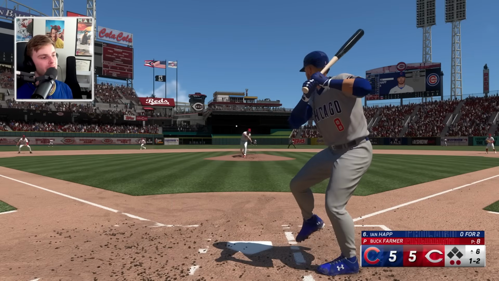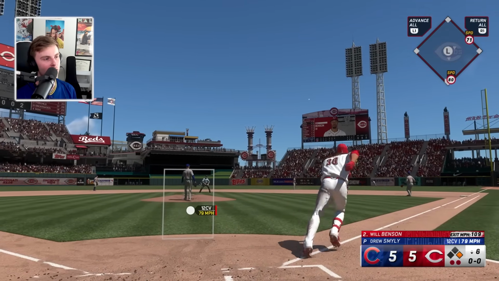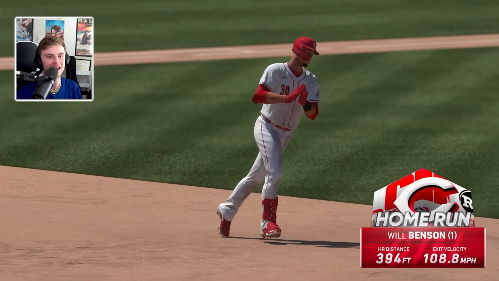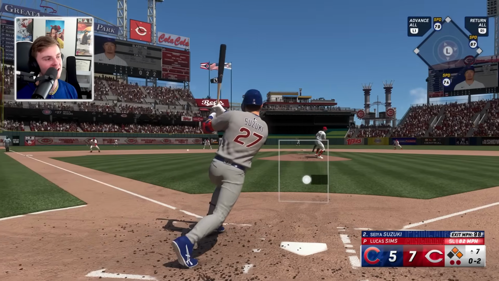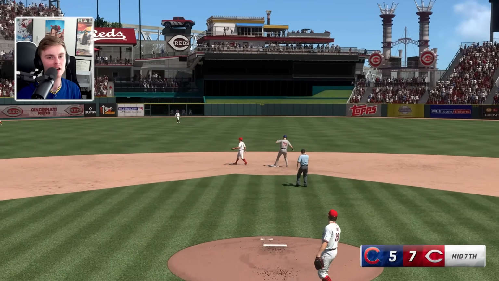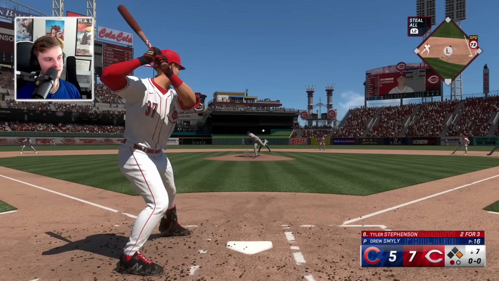to tie it up. It is very impressive that Cincinnati's come back in this one, and it really feels like they've taken all the momentum in this one as Chicago's offense has gone cold, and they are launching another dinger. This is the first Cincinnati lead of the game, and what a play at shortstop from Jonathan India to prevent another run. So much has changed since that Cody Bellinger home run in the first inning, because now Cincinnati has